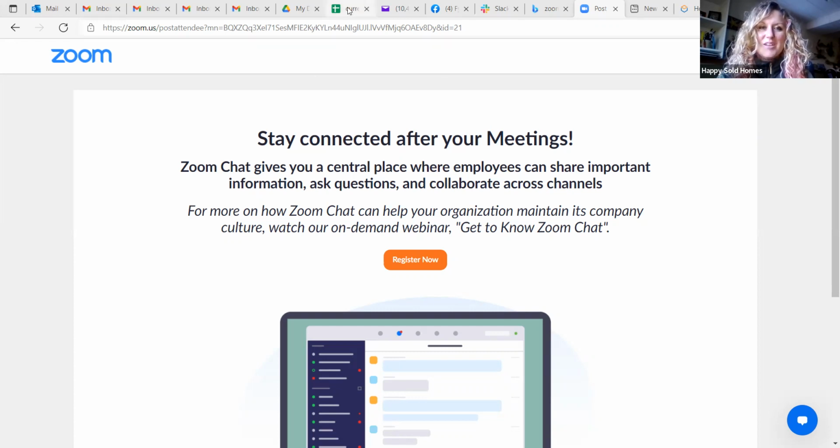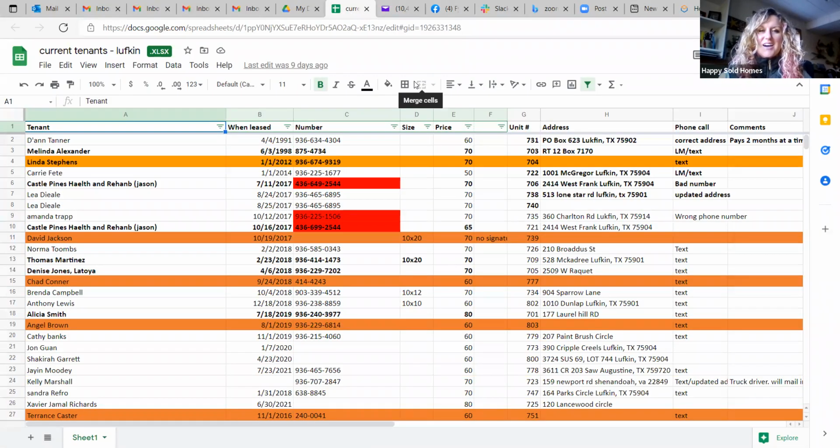I am going to go ahead and click on my current tenants tab. This is really what you want to do. This is the before and after storage facility takeover piece. As you are working with the current owners, you really want to get all of the leases that they currently have. So what I've done is I took all the leases that we were able to get,